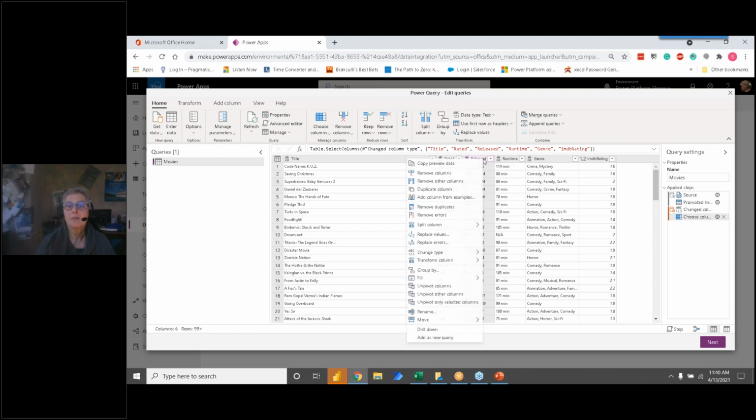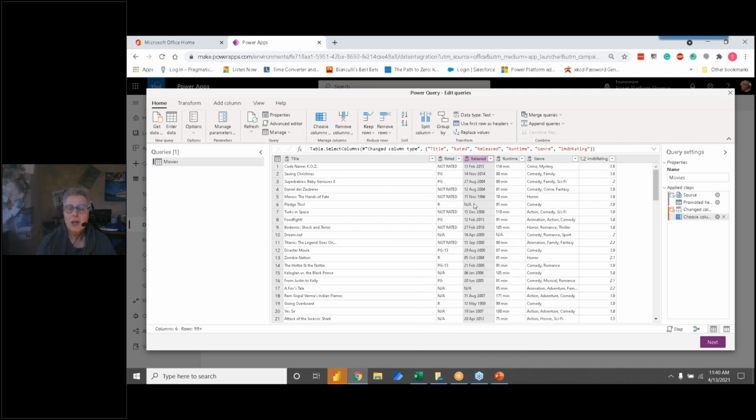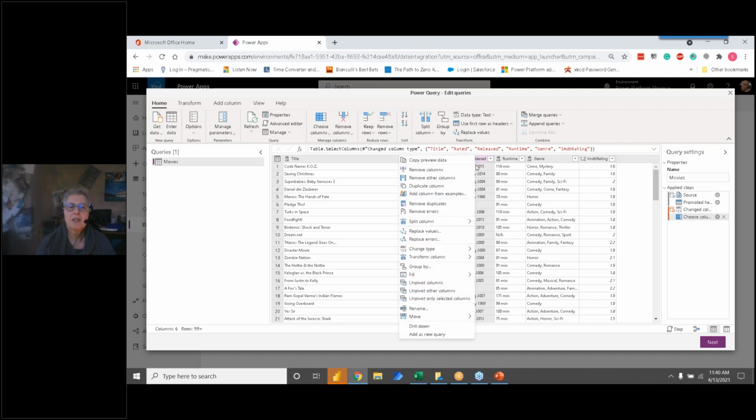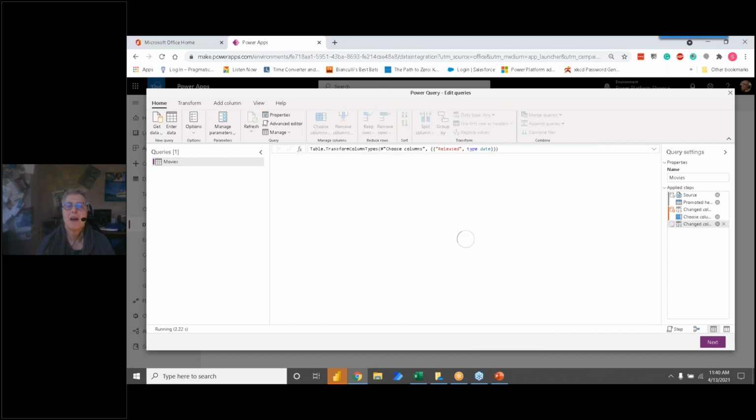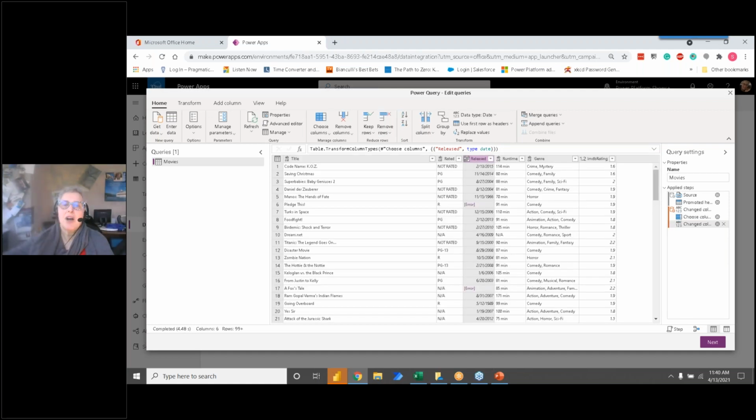I really like the column context menu, so I'm going to right click and I'm going to change this type to date. Oh wait, before I do that, I want you to notice something. Notice this guy right here where it says NA. So let's pretend like I didn't really see it, but I want to call it out to you because of what I'm about to do, because I'm about to generate an error that I know about. So I'm just going to change the type to date. I'm doing it on purpose. I have a method to my madness. And an empty coffee cup.